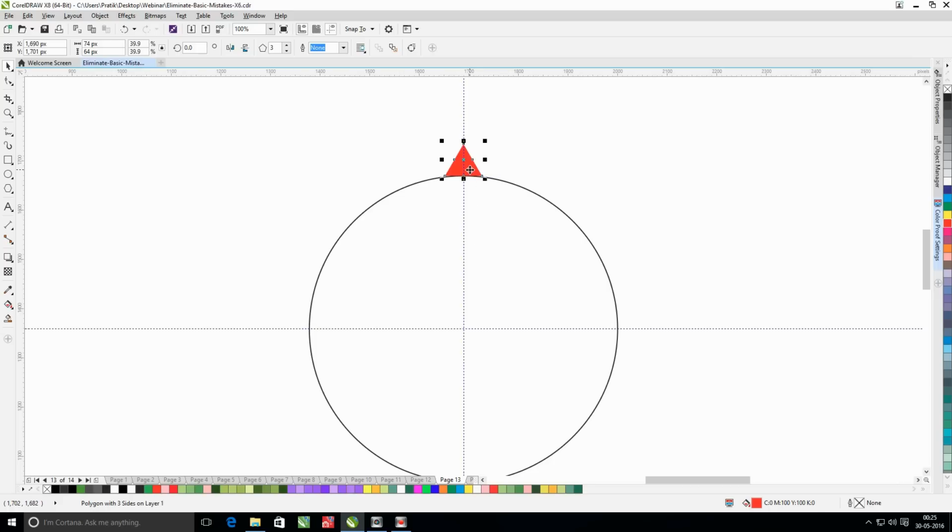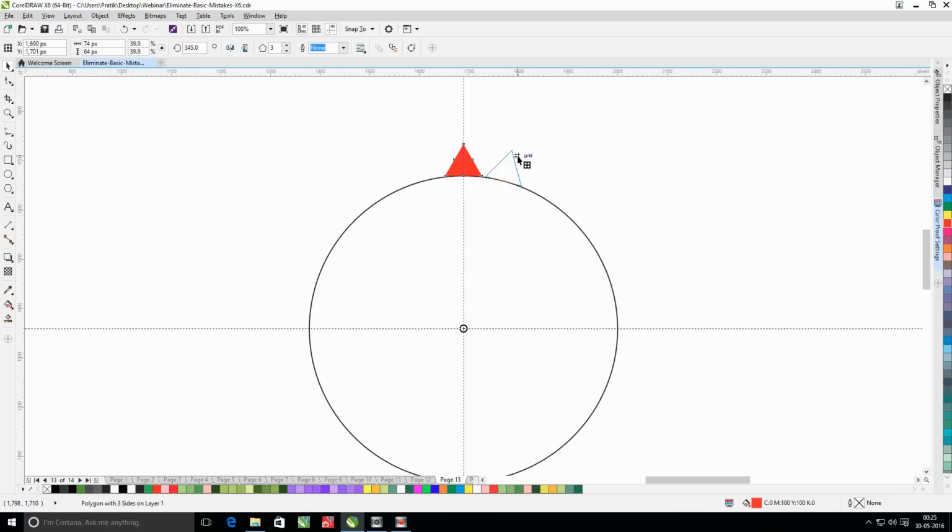What we can do is when you toggle the selection of the triangle, there is a center which you can drag and align it to the center of this circle, and by clicking the control key you can rotate this object by an angle which is divisible by 5 to get the perfect number of objects.